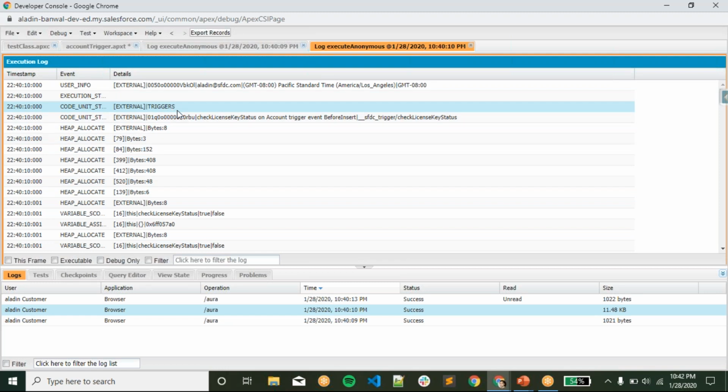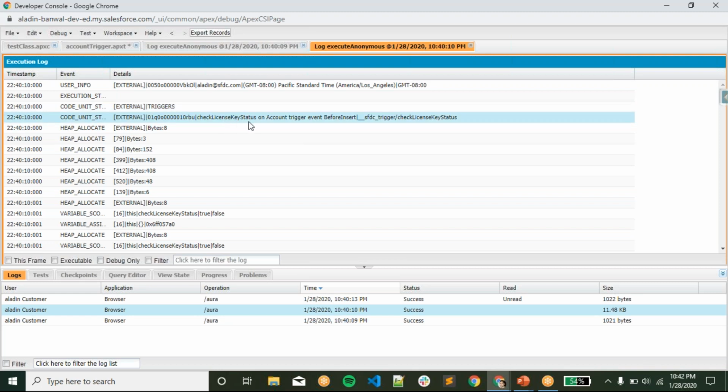So it is using the account trigger, because we have this account trigger on this account. Based on this transaction, it will check whether it has any action. So it is having a trigger, and the name of this trigger is check license key status.